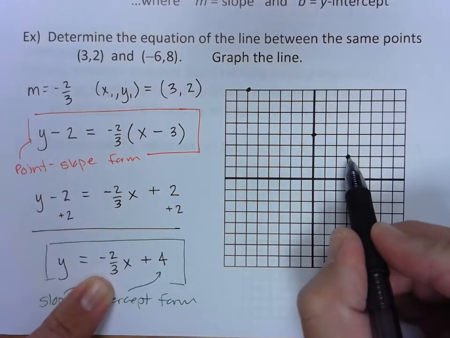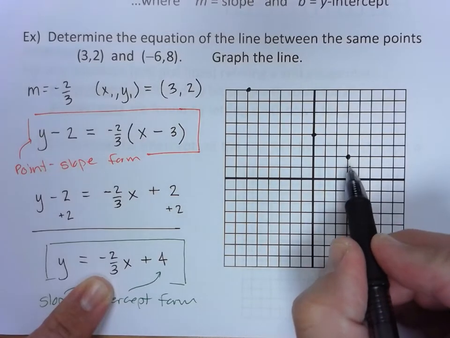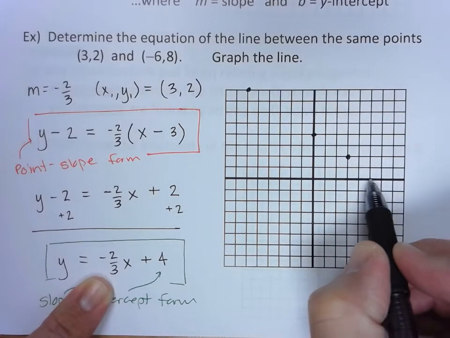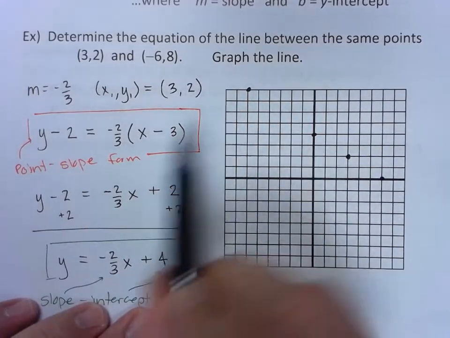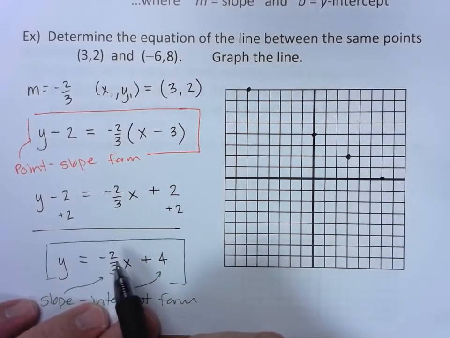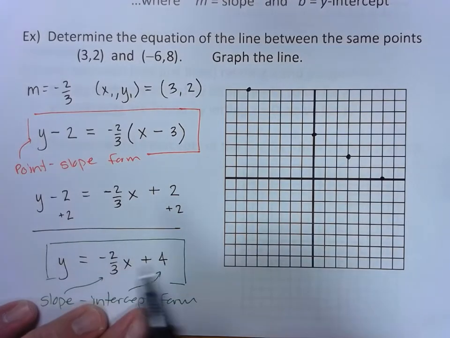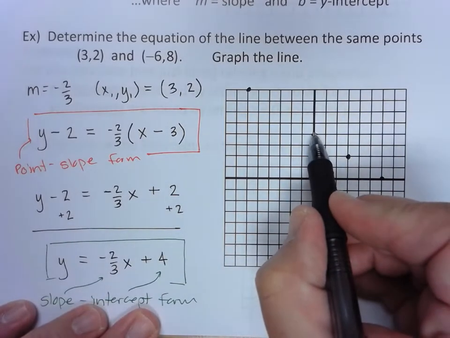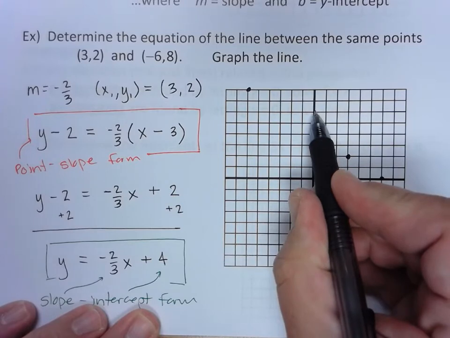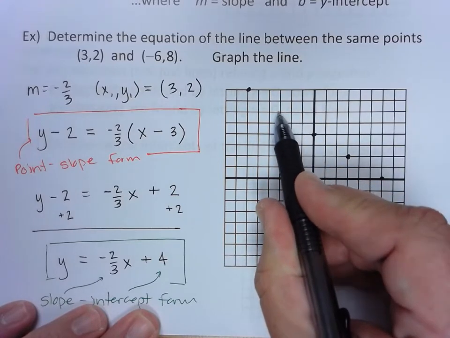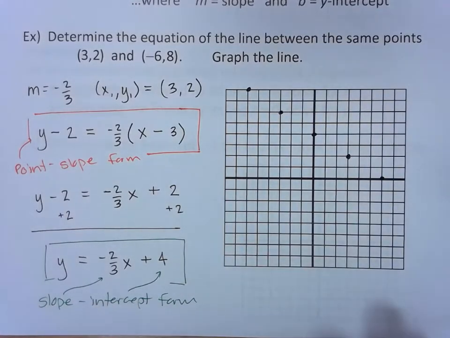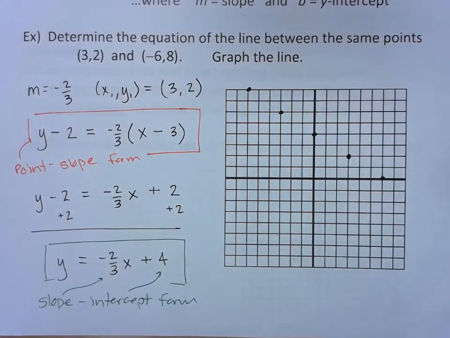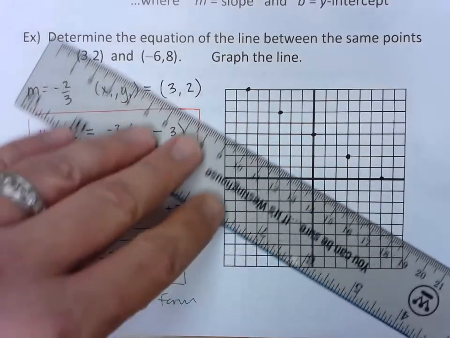And you can keep doing this stair-step pattern for any number of points on the line. Keep going at a slope of negative 2 rise, positive 3 run, to get other points. If you wanted to go to the left, you might want to consider making the rise positive and the run negative. So see, if I started at the y-intercept and used a positive 2 rise, I'll need to use a 1, 2, negative 3 run so that I match the correct pattern of the tilt of the slope. So we got 5 points plotted there just by using slope,